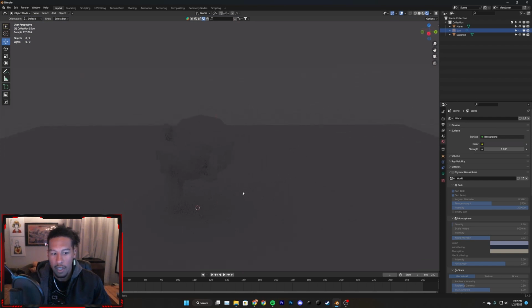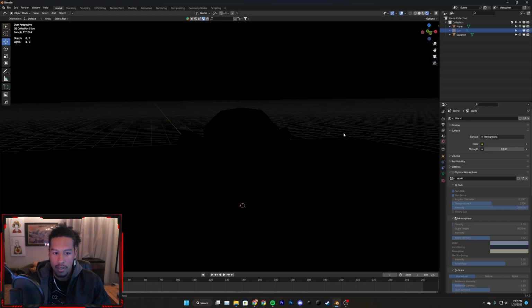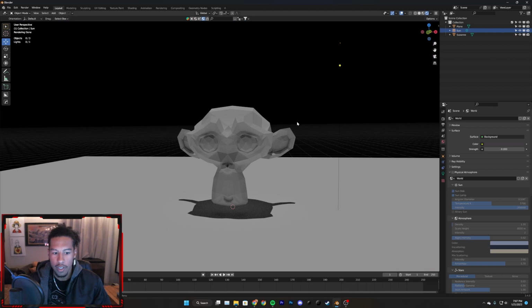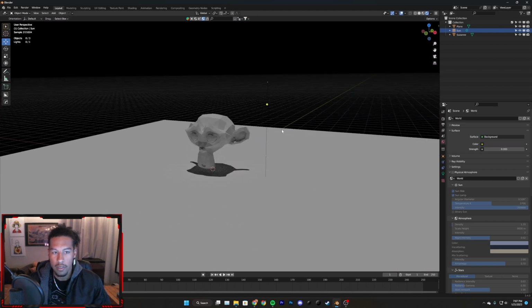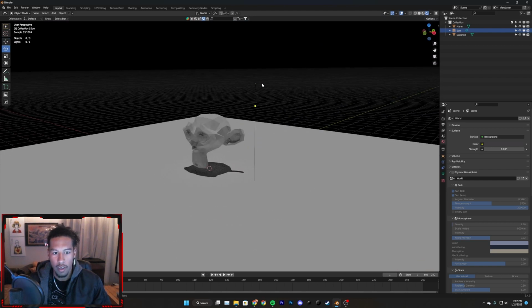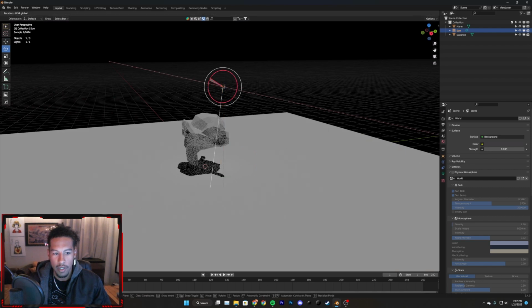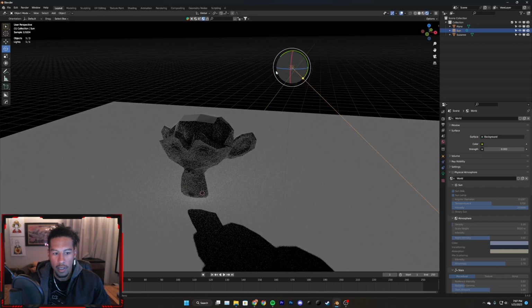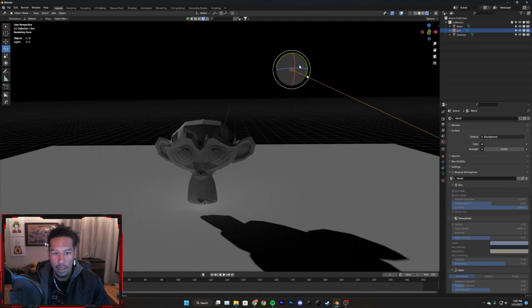And this is not necessarily super useful, as it's really unrealistic to have everything around a model be completely light. So we're going to turn that down to 0, which gives us complete darkness. Turning on the sun, this would be like the sun at noon on the summer solstice, where it's straight down. So let's give it a nice